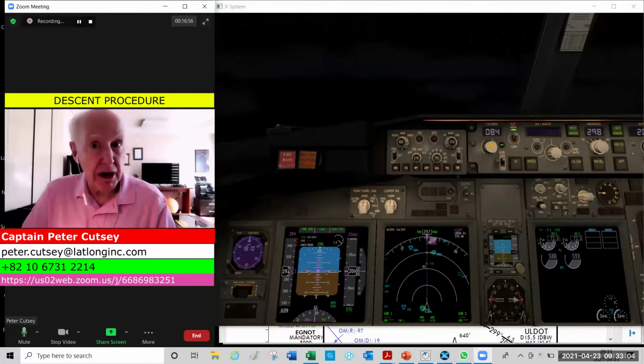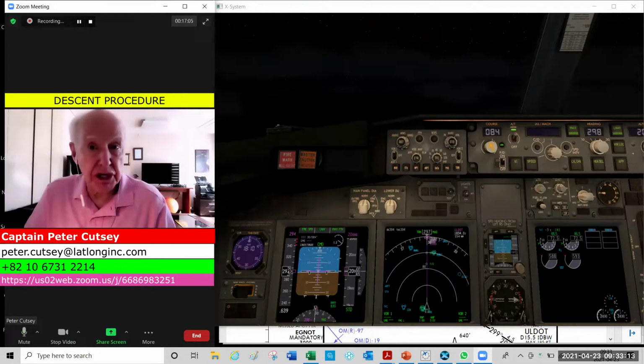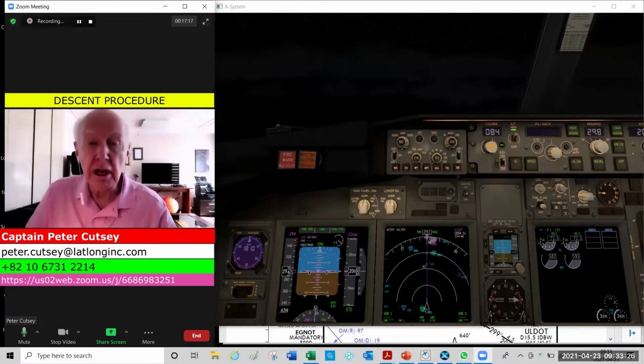So we're going to get ourselves organized with the descent procedure, and then an approach procedure, followed by the descent and approach checklists, which are normally done together. The descent procedure must be done really before you approach transition level, and the approach procedure should be done before,